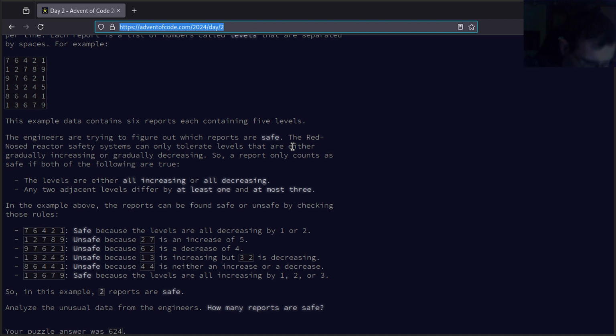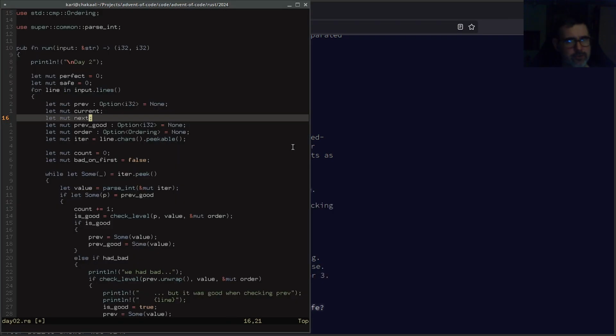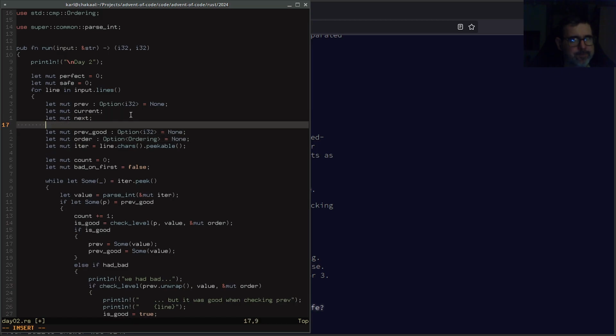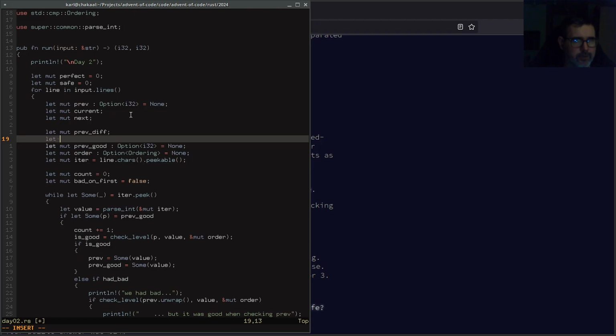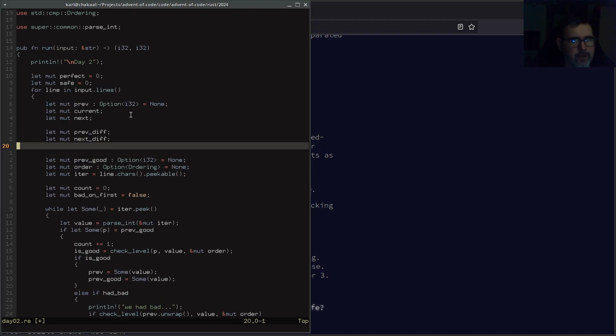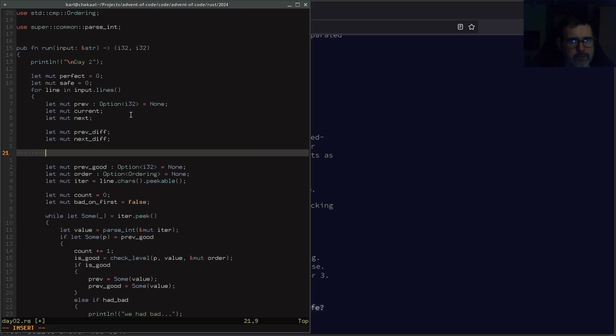There really is no nomenclature of choice, I guess. So I think we want to have maybe like previous difference and the next difference. And then I think probably what we're going to want to have is